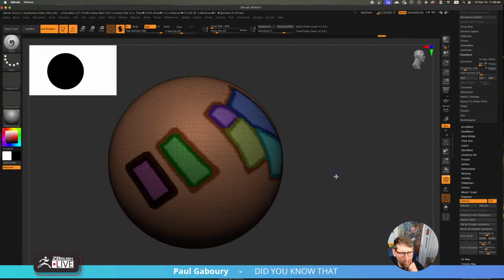Okay, I'm just catching up. There is no pixel logic anymore. It's gone. So yeah, I'm with Maxon. I came over, the whole team came over with the acquisition of ZBrush.